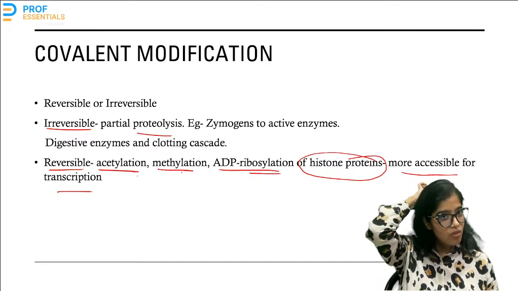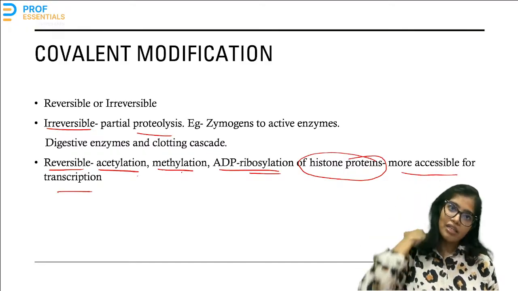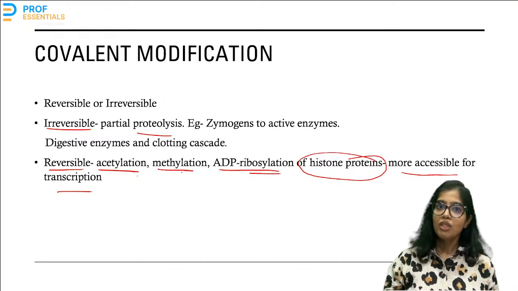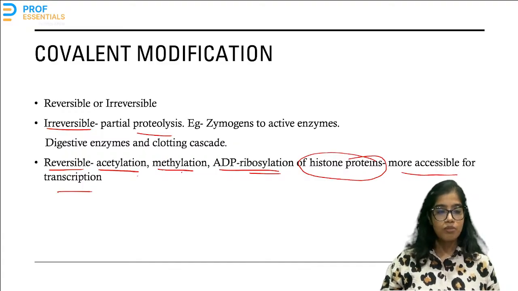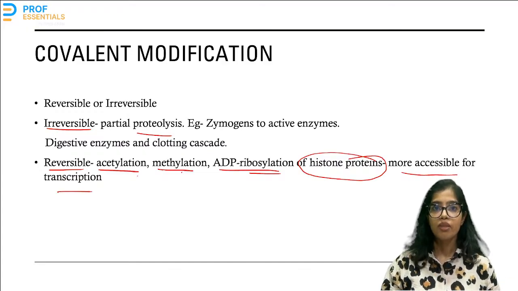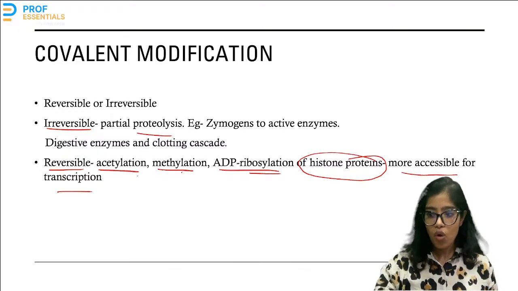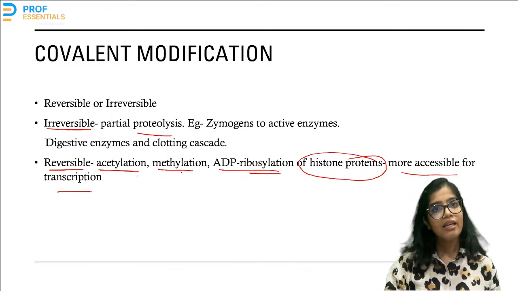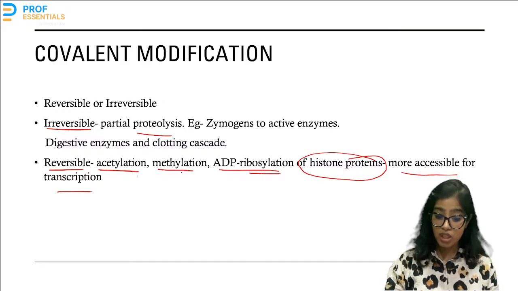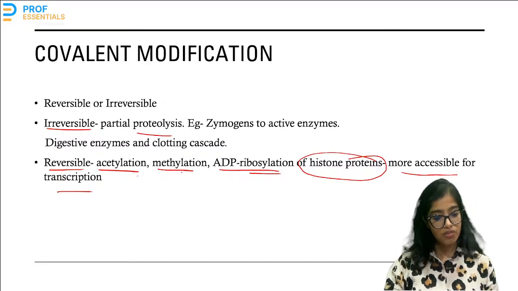In the digestive pathway, we are going to read about these later on in detail. The inactive enzymes are going to get converted to active enzymes, zymogens to active digestive enzymes, or proenzymes to enzymes. Similarly, in the clotting cascade, profibrinogen to fibrinogen. Understood? So this was all for enzyme kinetics, the mechanism of action of enzymes, and regulation of activity of the enzymes.